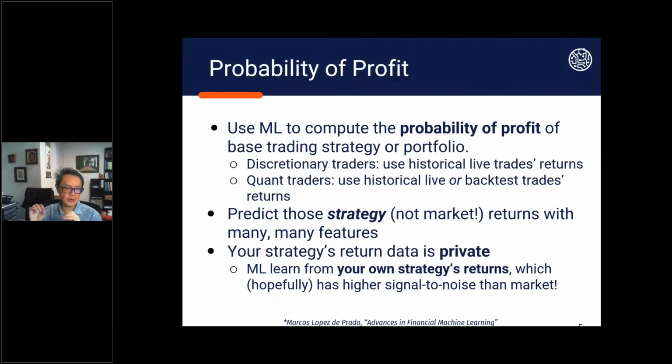So as I said, you train a machine learning system to predict your strategy's profitability, and the precise output is a number called the probability of profit. This probability of profit can be used to size your bets going forward, right? If the probability of profit is very low, you might size your trade to be 0. You don't want to trade at all. If the probability of profit is high, you might maximize your leverage. So probability of profit can be directly related to the capital allocation, or the leverage, you apply